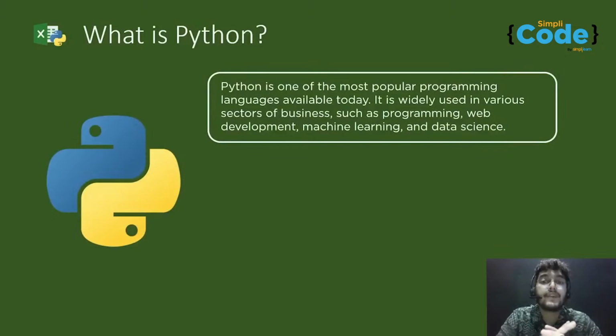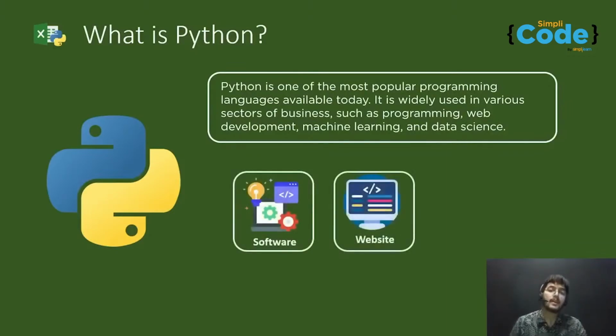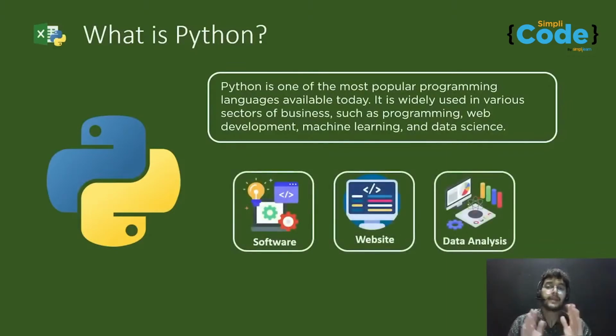It is widely used in various sectors of business such as programming, web development, machine learning, and data science. Given its spreadsheet use, it is not surprising that Python has surpassed Java as a top programming language. Python is frequently used to create software and websites, and to perform data analysis and much more. Because Python is a general purpose language, it may be used to develop a wide range of programs and isn't tailored